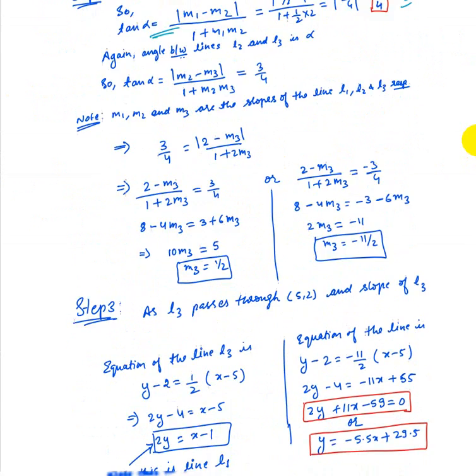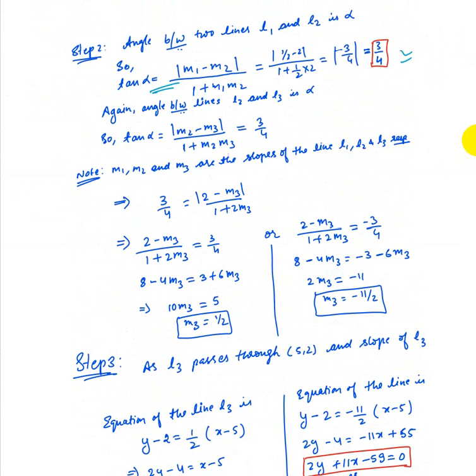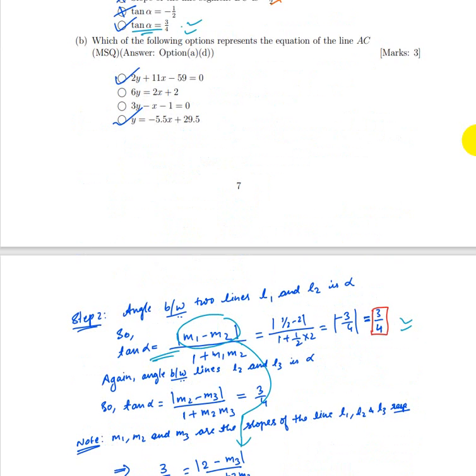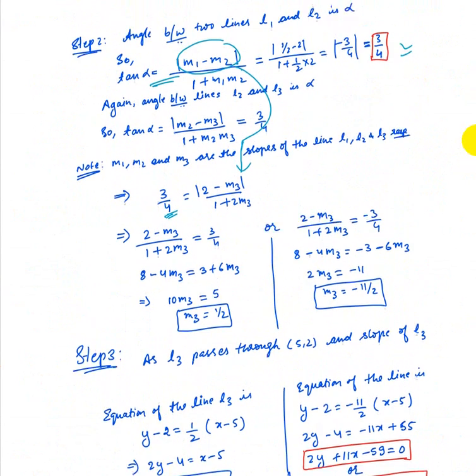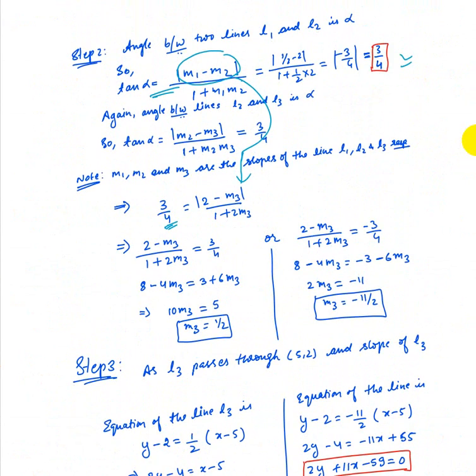Okay, which is done here. So tan of alpha is 3 by 4, and we have just taken this thing as m1 minus m3 in here. Okay, so this would become, this was our line 2. Okay, so it would become m2 minus m3 and m2 into m3 over here. Okay, so we have just put down the values, and we have got,